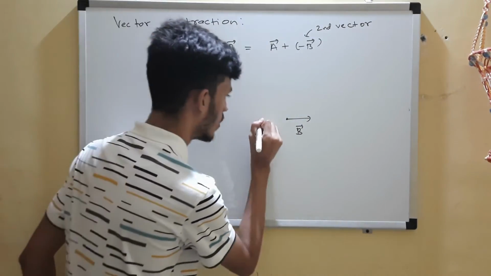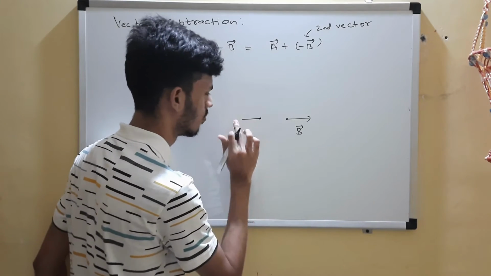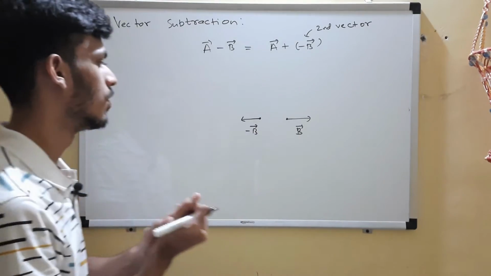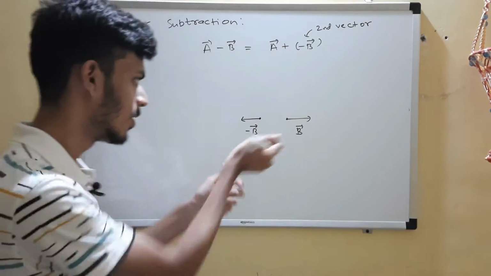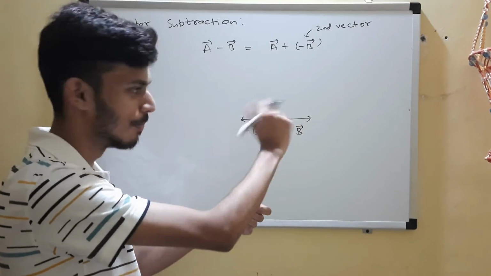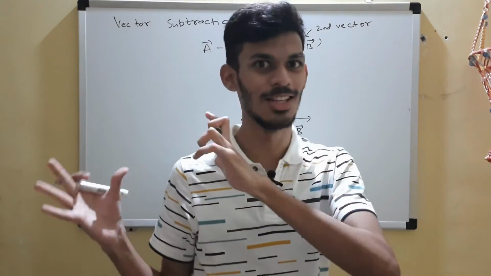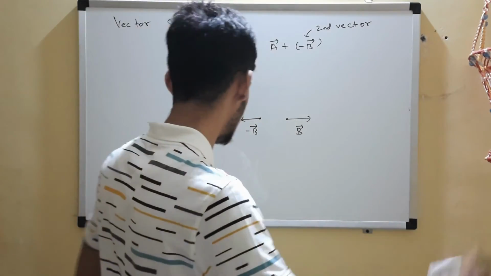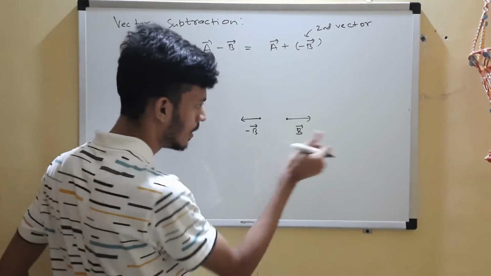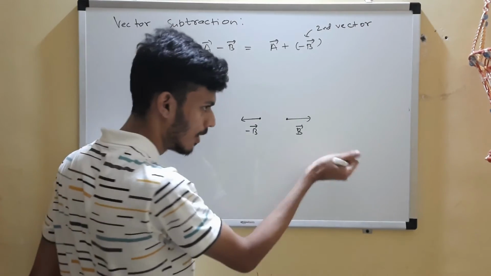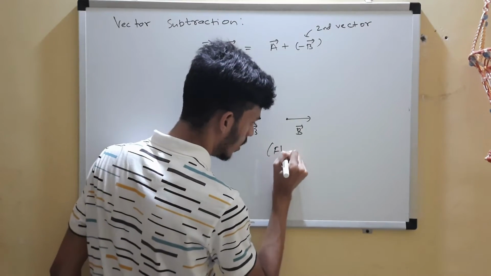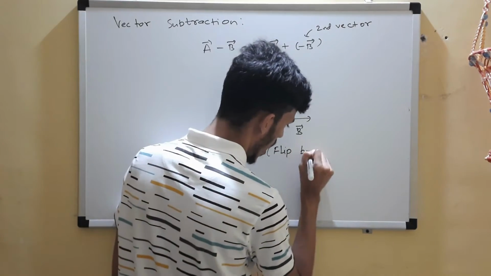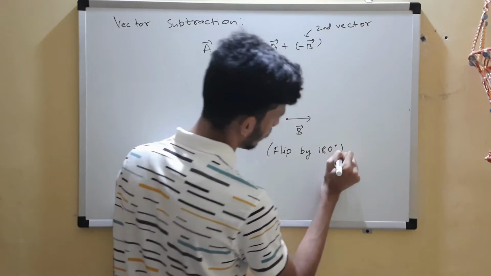That is something which we learned in the previous class. Did we? Okay, then learn it now if you don't know. This is minus b. You just flip that by 180. This was the logic that we used in 1D: one side positive, other side negative. That's why it worked. So the logic to draw a negative of a vector is flip by 180 degree.